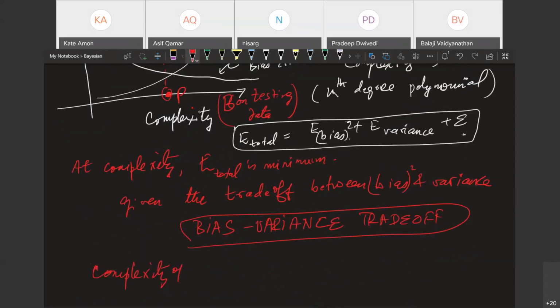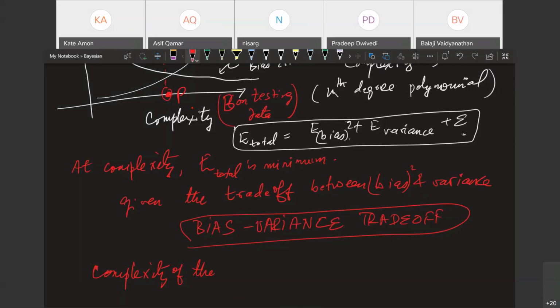Why is it bias squared? This is the mathematical thing. If you grind the mathematics, the way the bias is defined, total error is the square of bias plus variance. See, variance is sigma squared, right? So it has the square built in, but bias doesn't have the square built in. That's why you need to square it.